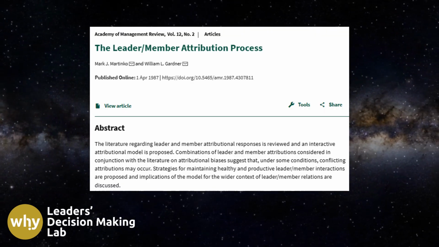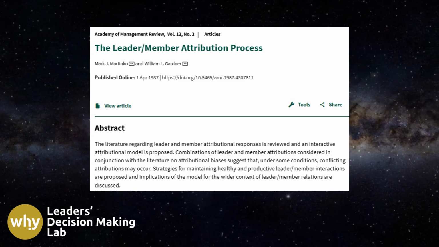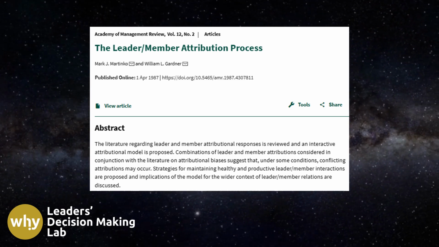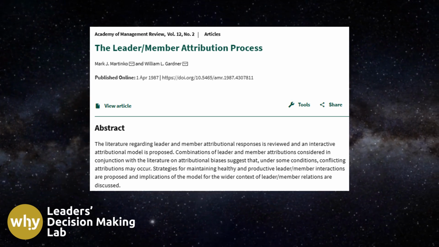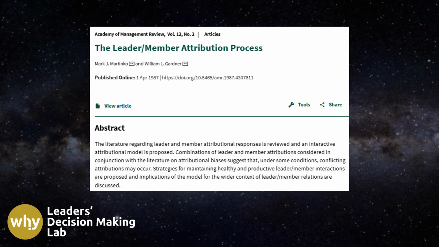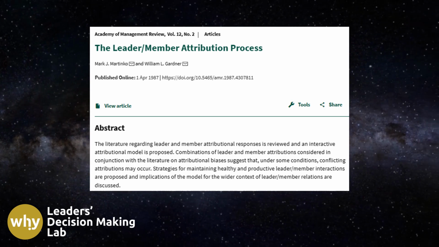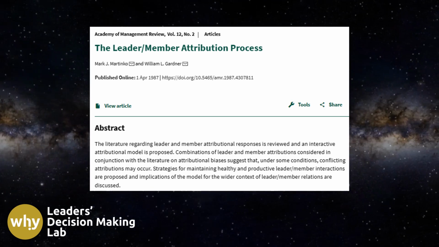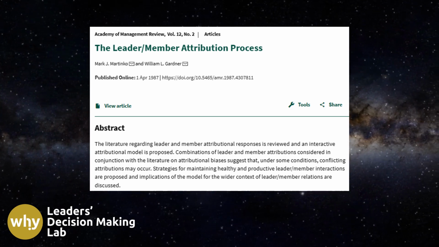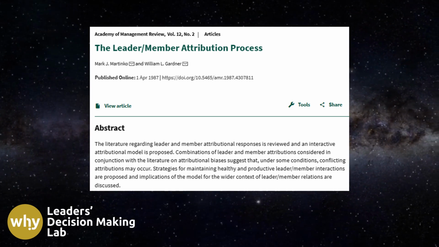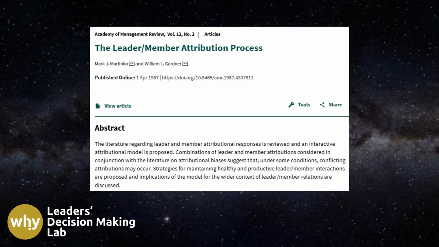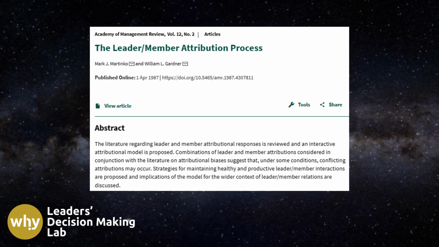The initial attribution model of leadership primarily examined how leaders attribute causes to employee performance. However, subsequent research expanded the model by considering employees' perspectives and their attributions regarding their own performance. This extension recognizes that employees also engage in the process of attributing causes to their performance.